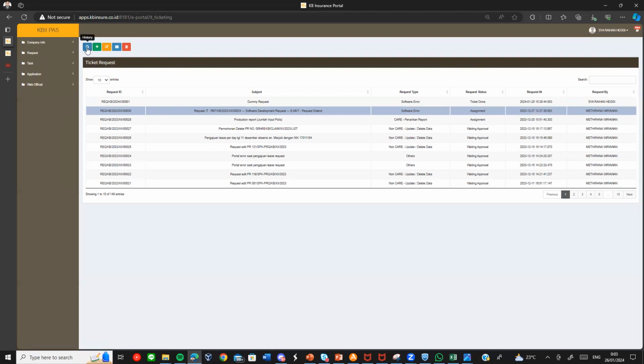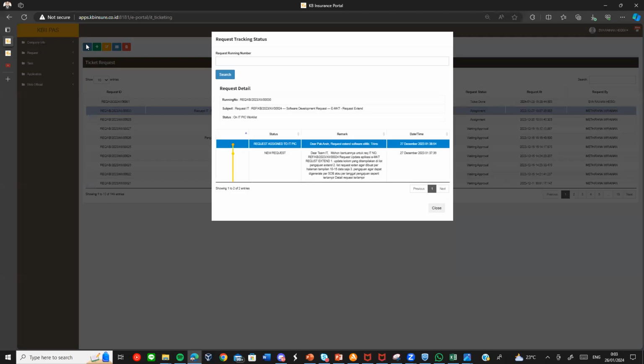The first menu the user can access is history. For history tracking, the user just needs to select the request and click the button for tracking request status, and the system returns a modal with the detail of the ticket request: the status, remarks, timestamp, and current status.